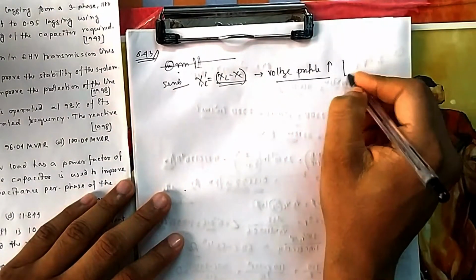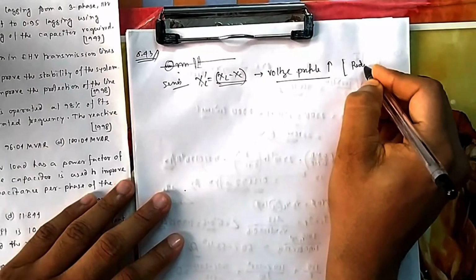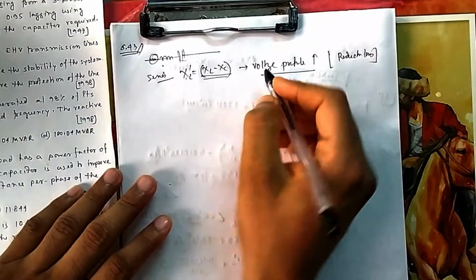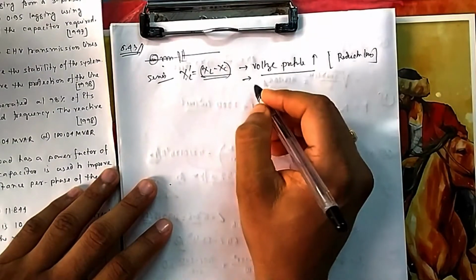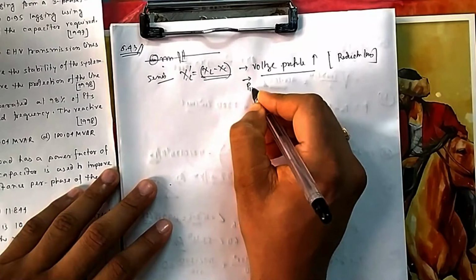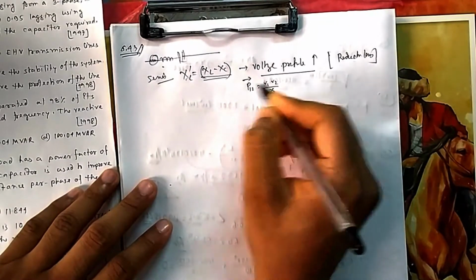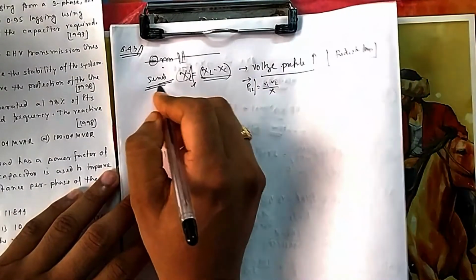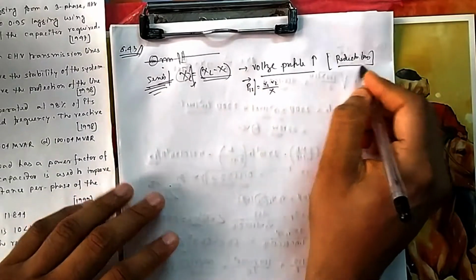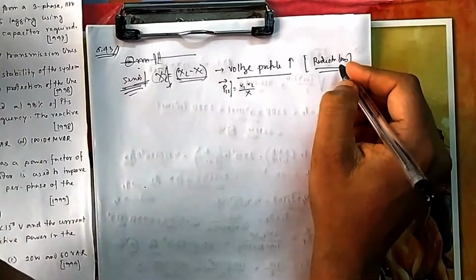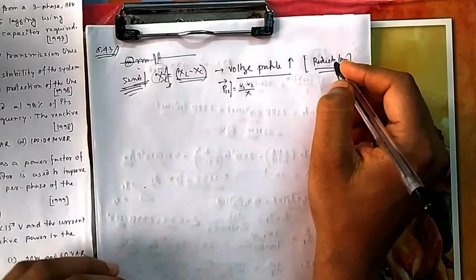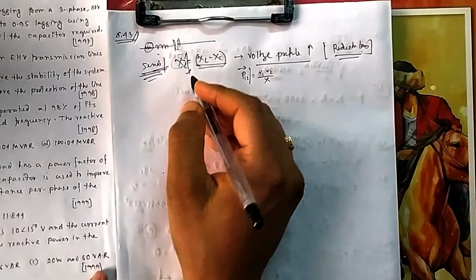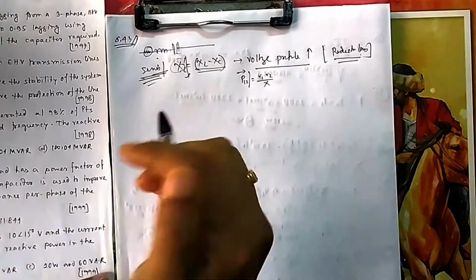But there will be a little reduction in loss also, as a side effect. And one more thing, power transfer capability will also increase, because what is the power transfer capability? P12 is V1 V2 by X. Once this X gets reduced, your power transfer capability will also increase. So that is the purpose of series capacitive compensation. Though not much, it will do a little loss reduction also, because if Z reduces, your current will decrease and power factor will increase. So that will serve some purpose.